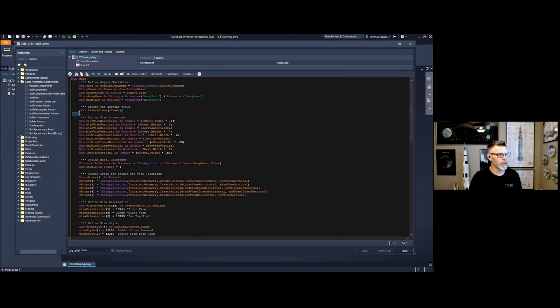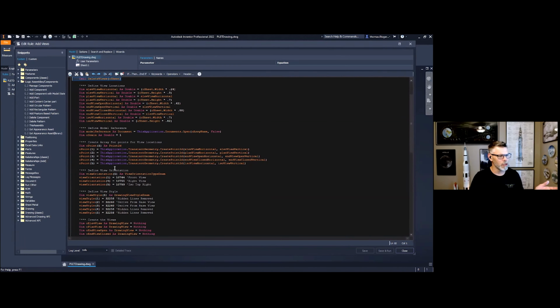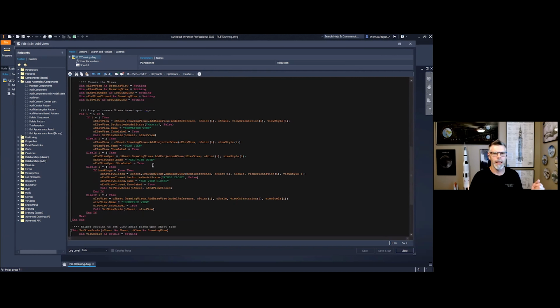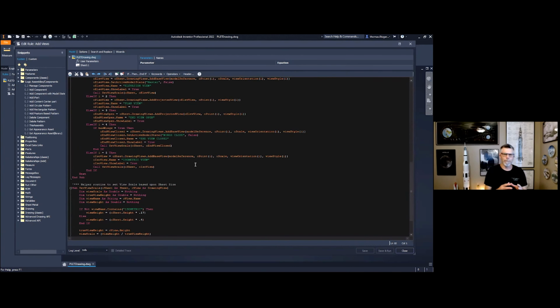So I don't want to explicitly delete all the views. What I've done is create this other subroutine that goes and deletes the views anytime I run this bit of code. It's going to set some basic information, go and clean up my drawing, and then create the new views and scale them after that. So a means to create calculations, what I like to call helper routines or helper functions,